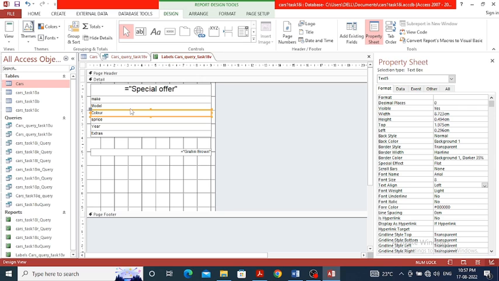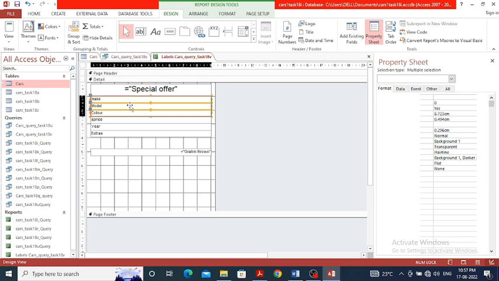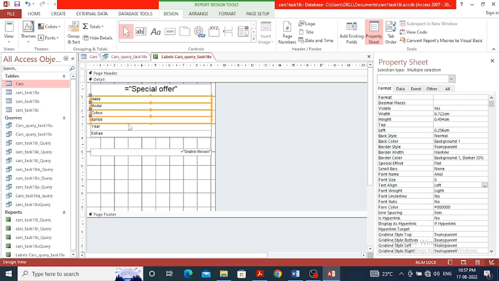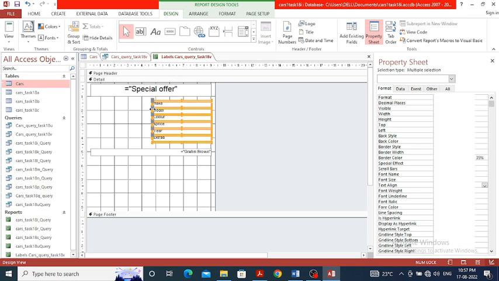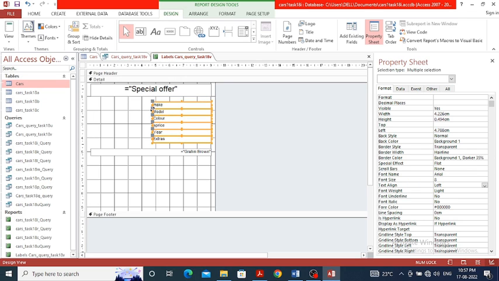I'll select all first. After selecting all these fields, we can resize it, and here we shift it to just below at the center,